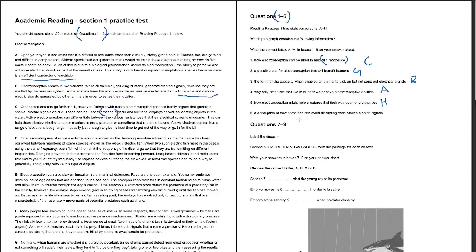A description of how some fish can avoid disrupting each other's electric signals. So just now we're talking about the jamming avoidance response mechanism. So this one will be paragraph D. So the answer is